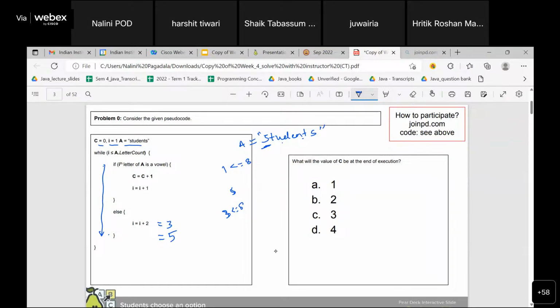Yes, ma'am, understood. No, ma'am, you missed the third letter. Yes, yeah, sorry, I have missed the third letter. Actually here the indexing of students will start from 0, 1, 2, 3, 4, 5, 6, 7. It is a string, so the indexing will start from